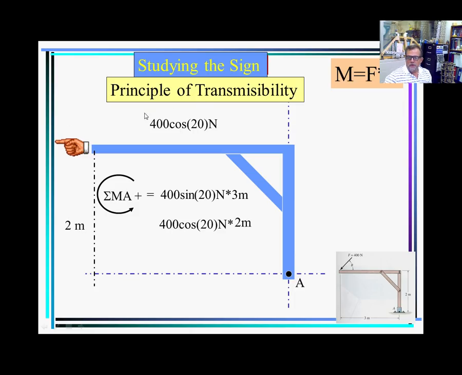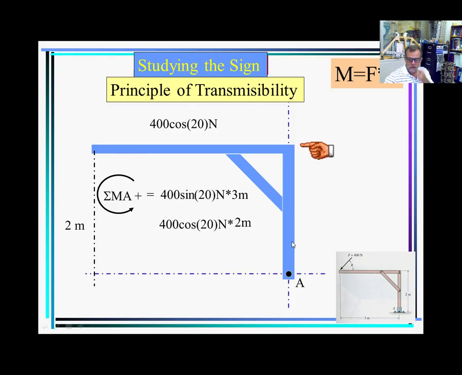Well, the principle of transmissibility says that I can take any force and move it along the line of action, and the moment effect is going to be the same with respect to the same point, of course. And how do I know that? Because if you realize I can move that force and put it here, but the distance is always this distance, the perpendicular distance. The perpendicular distance is the same no matter how I move the force along the